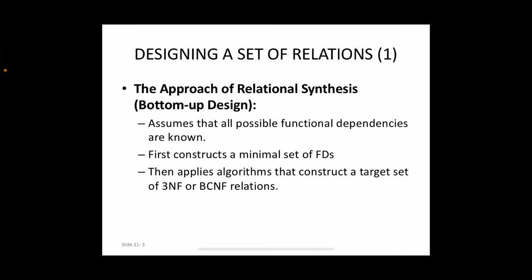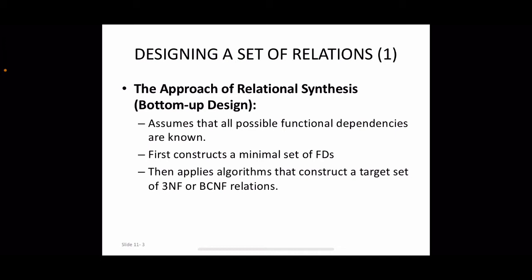Each and every sub-relation in this case will be either in third normal form or BCNF. One more thing to be noted here is that looking at an individual relation or testing whether it is in a higher normal form is not enough to say that the database is in a good design. Rather, the set of relations that together form the relational database schema must possess certain additional properties to ensure that this database is in a good design. Individual relations should be in higher normal form for definite.